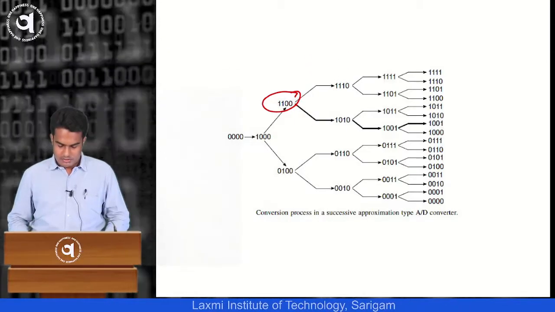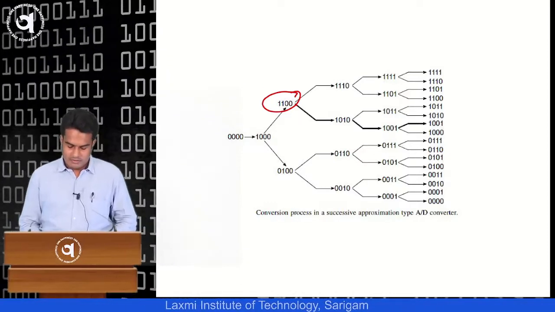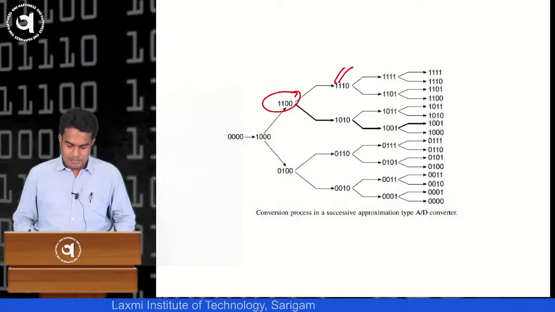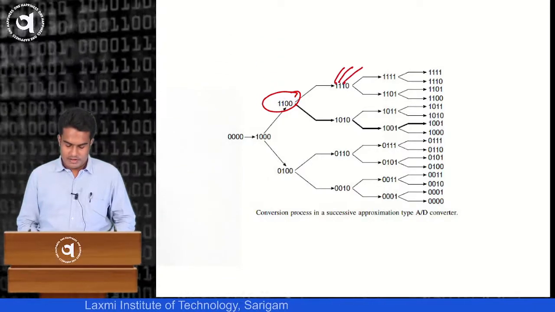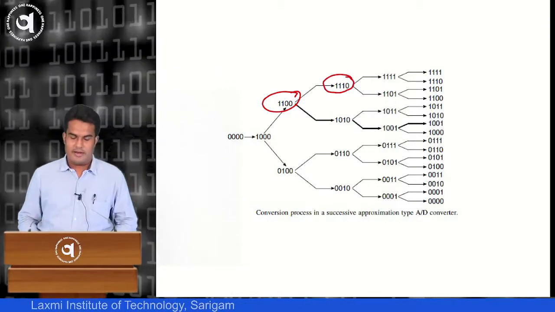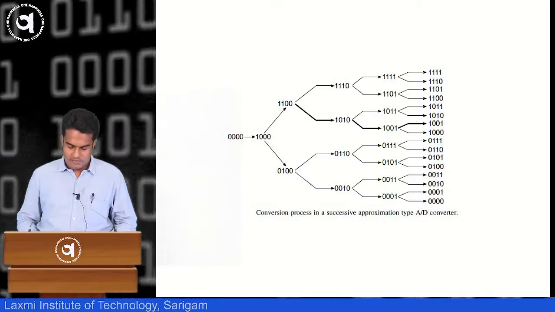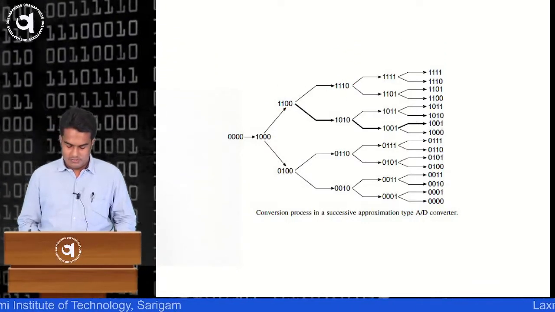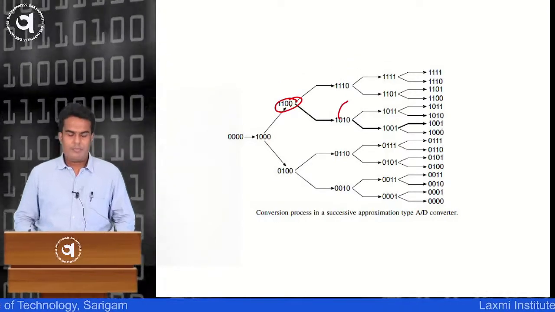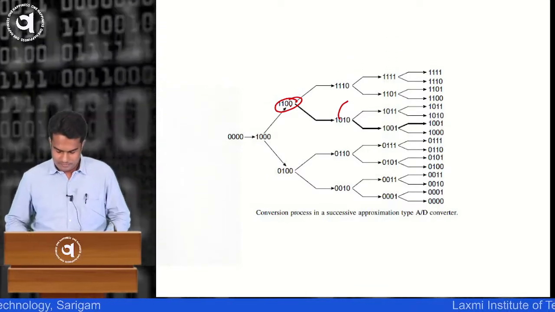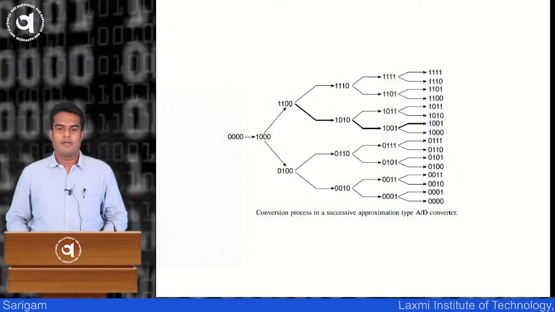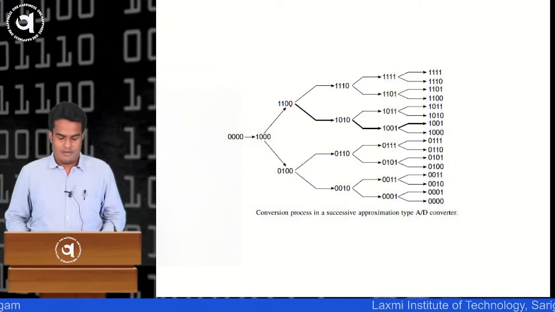If the digital value is less, the successive approximation register will retain the first 2 bits as they are, and the next lower bit it will change to higher. So it will become 1110. And if the digital value is higher than the analog value, it will change the bit which is next to the MSB. So in this process, the analog value is converted into the equivalent digital value.